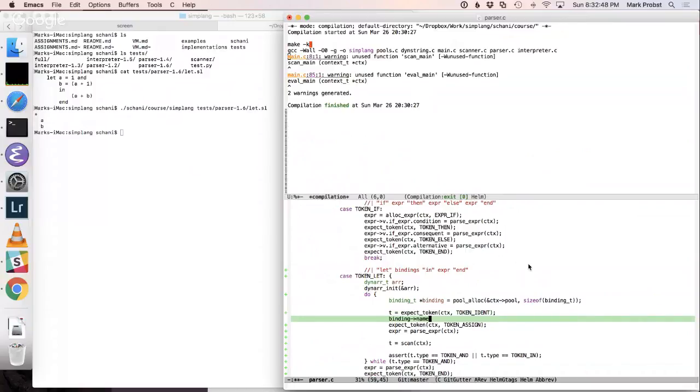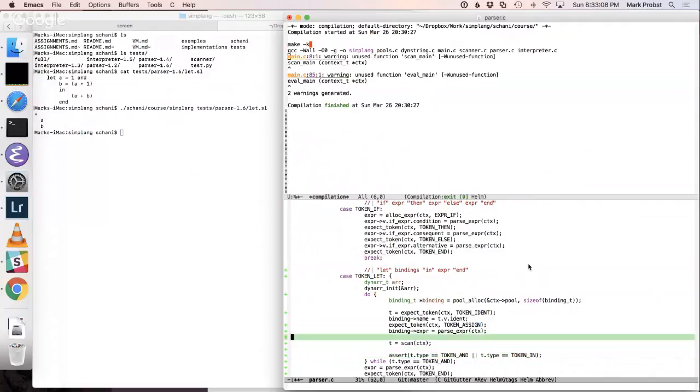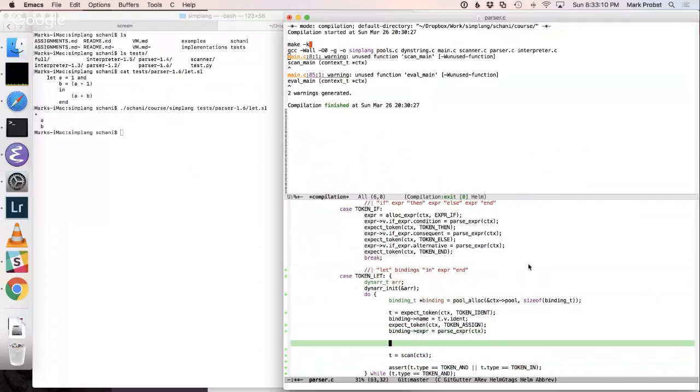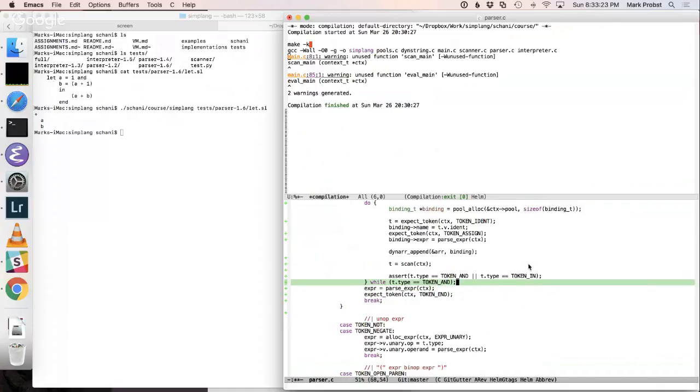I can put binding name equals T dot, what is it again? T dot ident, so that's the name. And here I'm just going to say binding expert. Now I have the binding. I'm going to say bind R append the array, the pointer. Now I have the pointer array. Now the problem is that